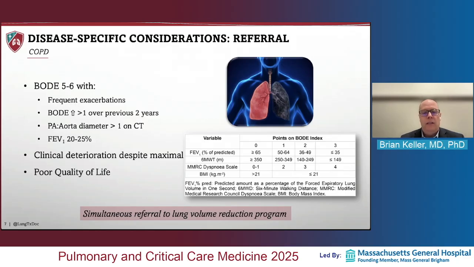So patients with 5 to 6 points on the BODE scale who also exhibit frequent exacerbations or an increase in their BODE score over the previous 2 years, or evidence of pulmonary hypertension, such as increasing pulmonary artery to aorta diameter on the CT scan, should be referred for transplant consideration. Also, patients who are on maximal therapy and appropriate bronchodilator therapy who continue to have clinical deterioration should also be